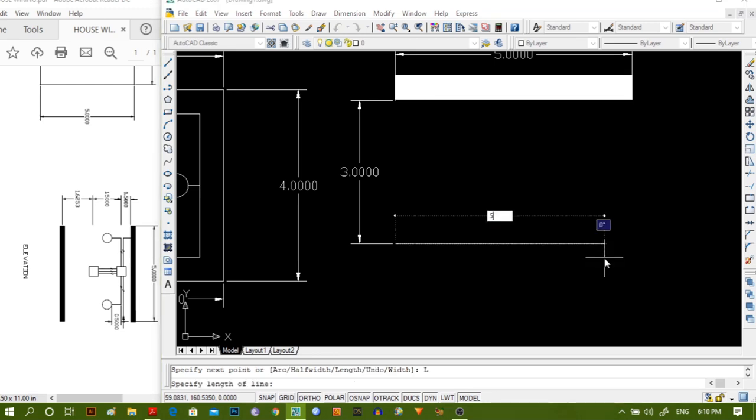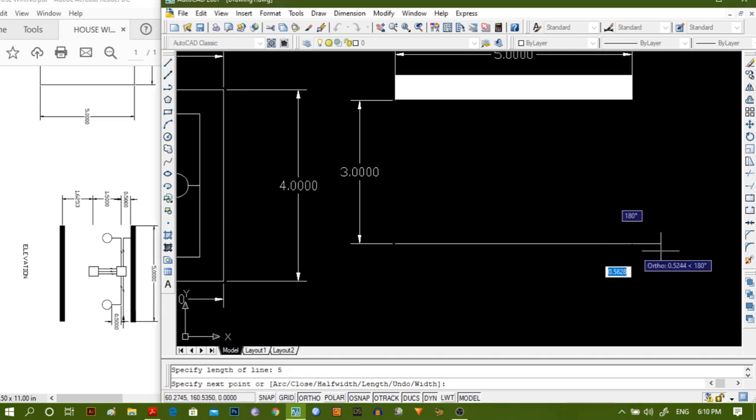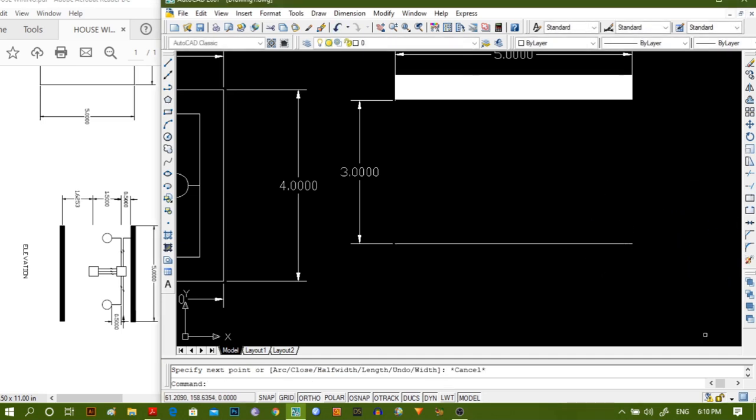Say length is 5. So here we get the bottom, or the roof also. Now we have to make this wiring diagram.